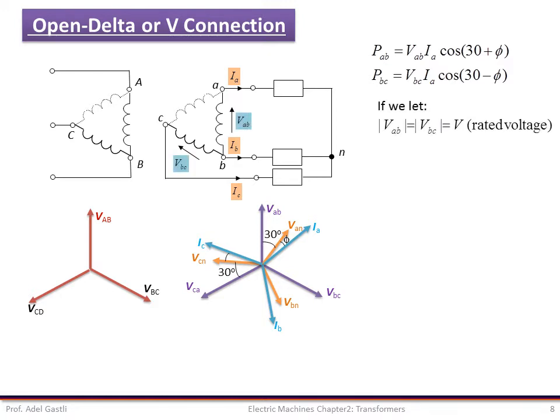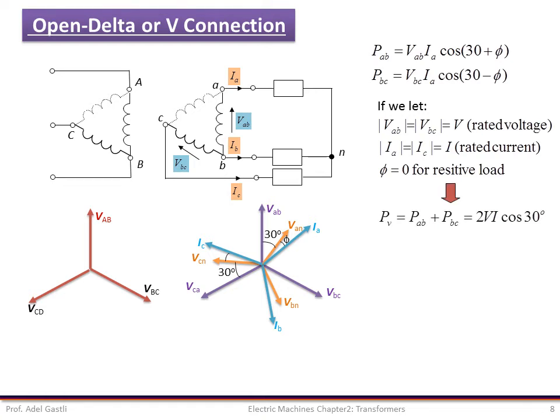If you let the magnitude of V_AB equal the magnitude of V_CB equal V, which is the voltage rating of the transformer secondary winding, and the magnitude of I_A equal the magnitude of I_C equal I, which is the current rating of the transformer secondary winding, and phi equals 0 for a resistive load,